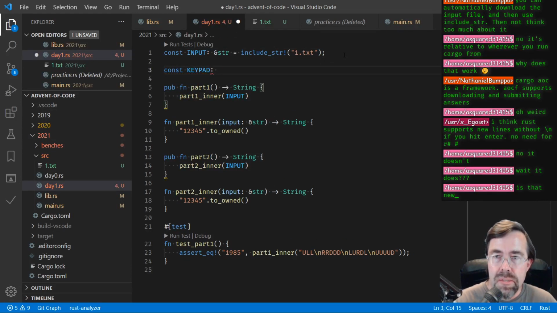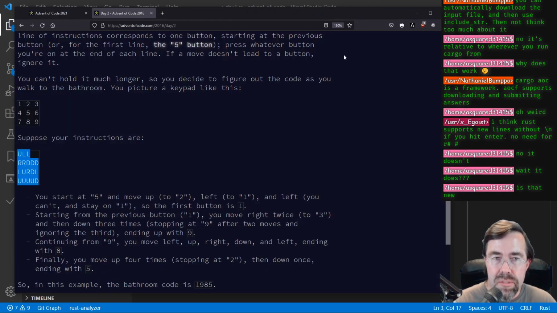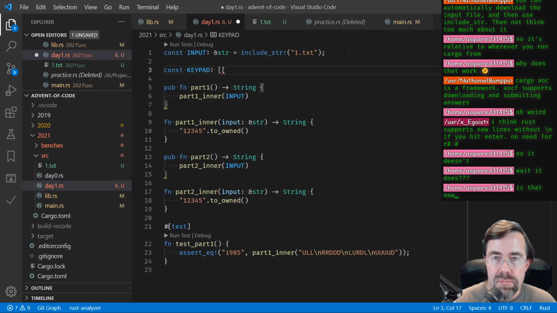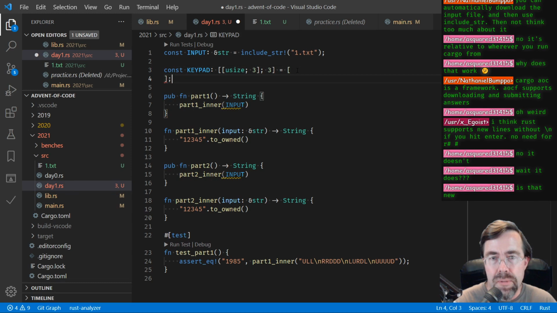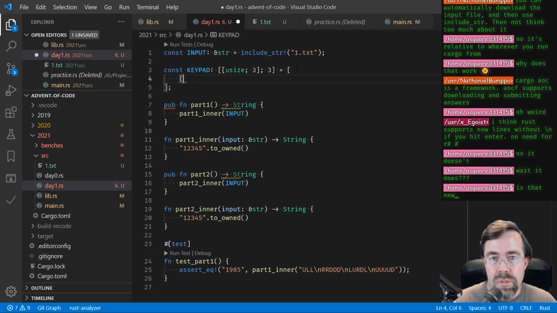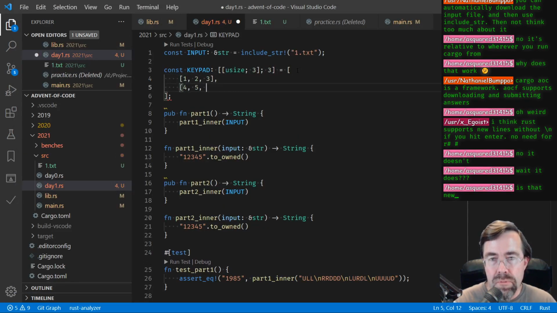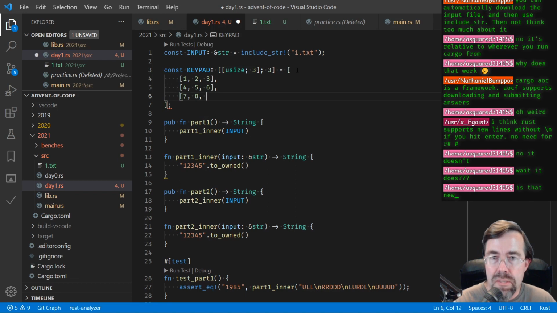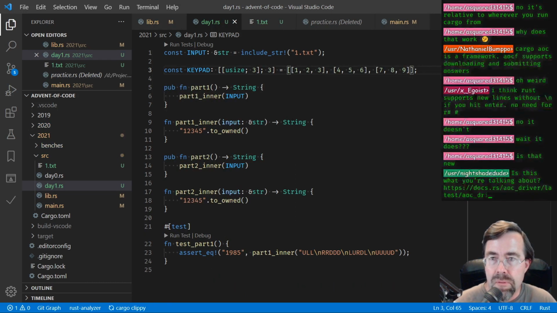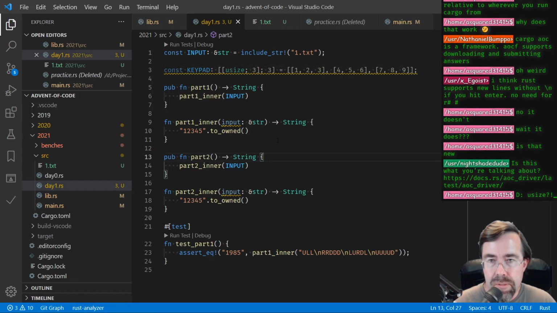Keypad is an array of arrays of, I don't know, usize. Actually, I don't even need to. I do need to declare the type for constants, right? 1, 2, 3, 4, 5, 6, 7, 8, 9. Okay, and then